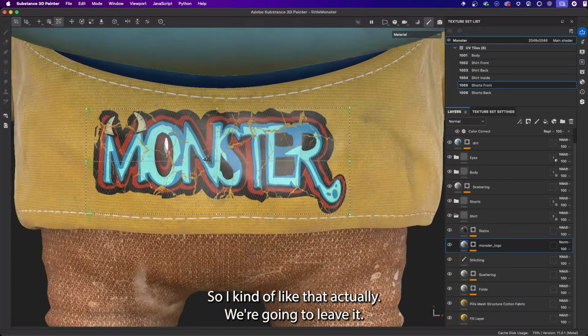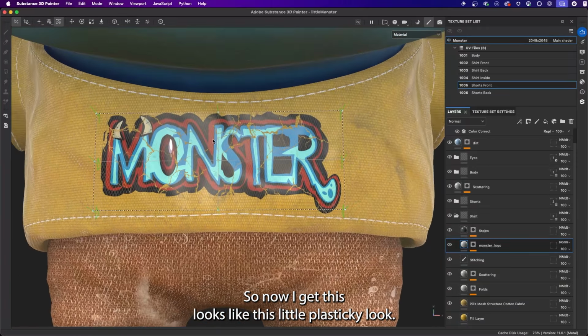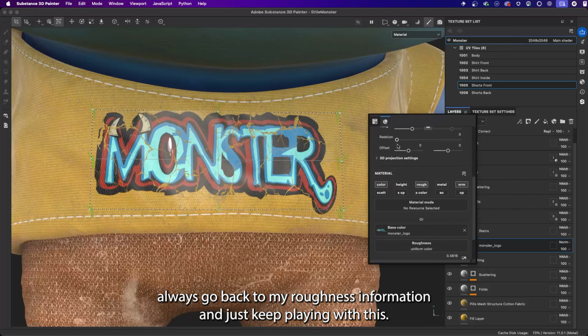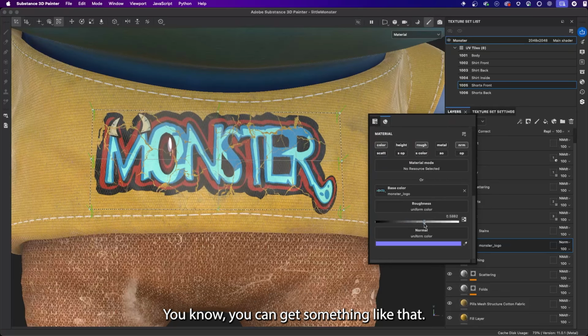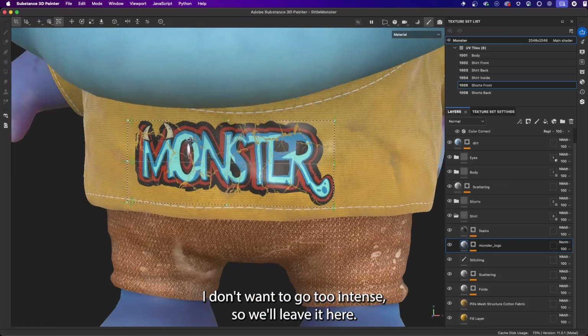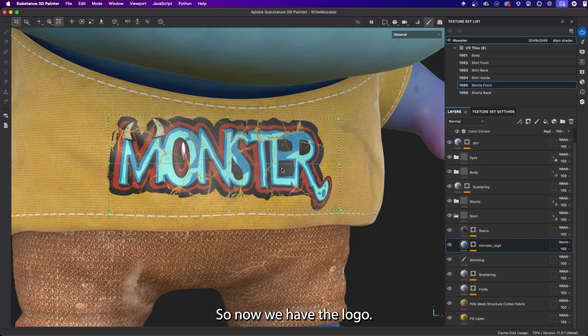We're going to leave it. So now I get this, what looks like this little plasticky look. And of course I could always go back to my roughness information and just keep playing with this. You can get something like that. I don't want to go too intense, so we'll leave it here. Okay, perfect. So now we have the logo, we have the cracks, we got a little bit of roughness, but